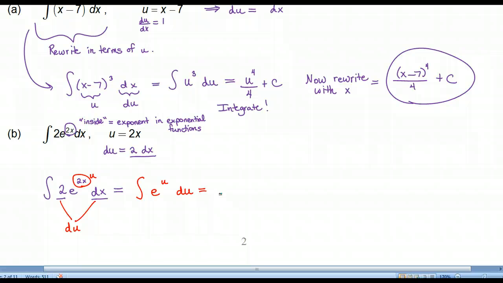And don't put the du, the d part goes at the end. Well, you always put the 2 in front of it, because the 2 was part of the